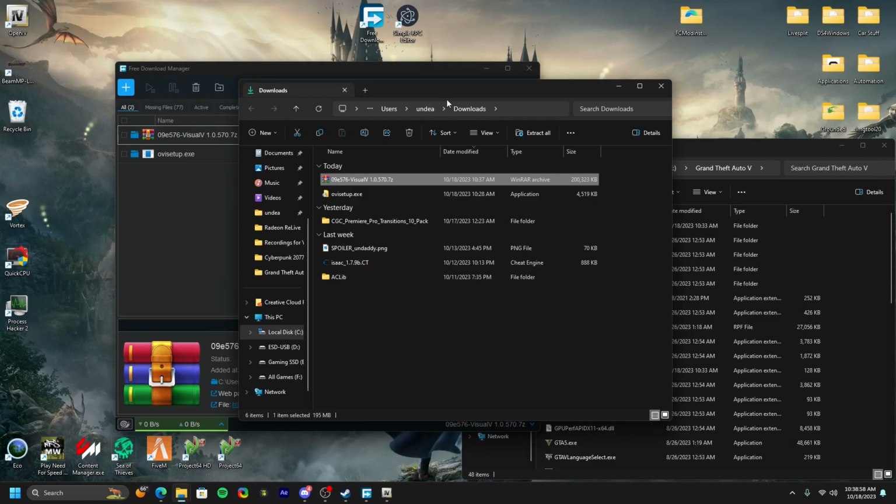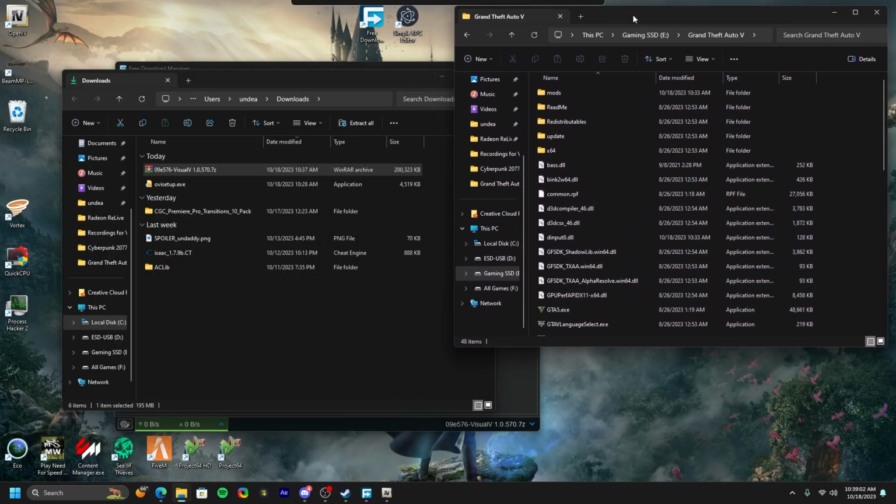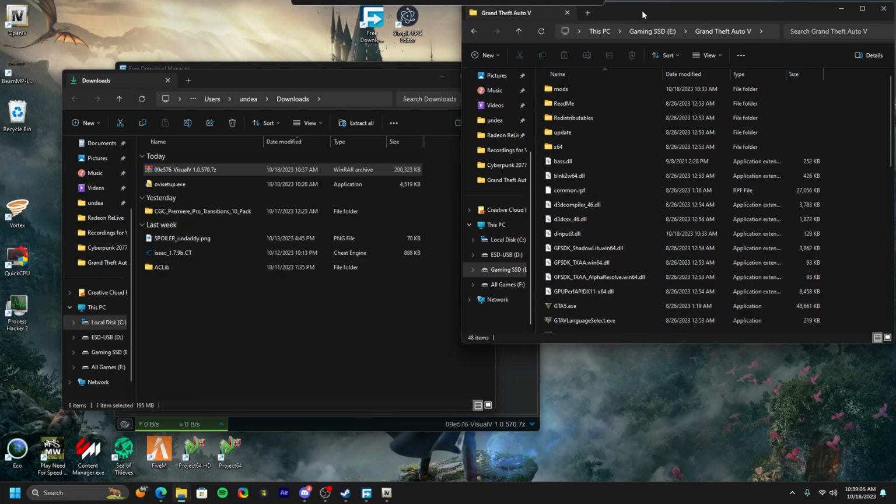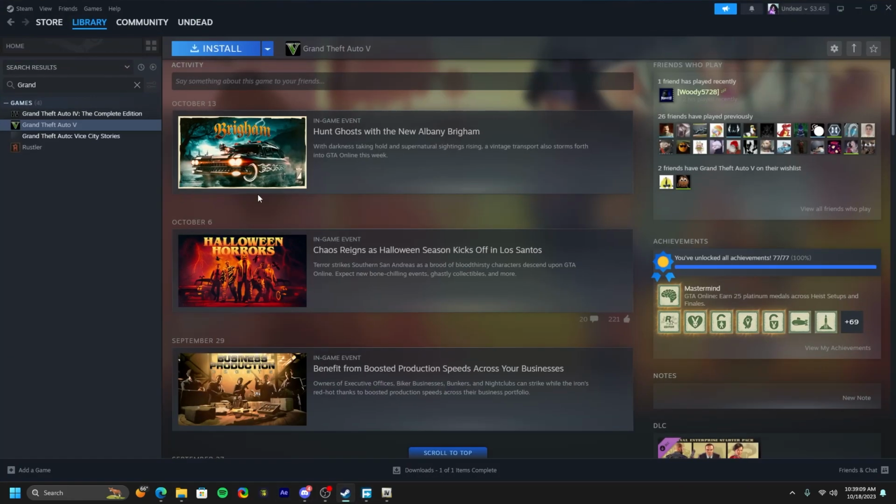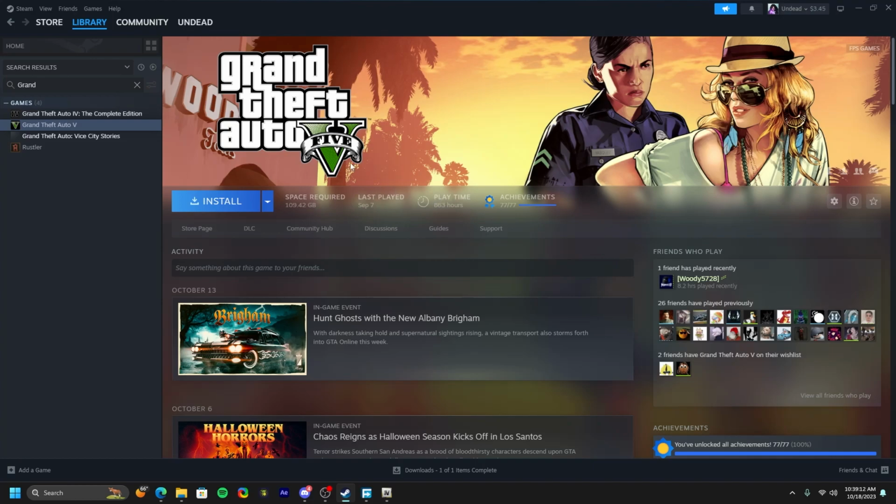So coming back to VisualV, I do want to make it abundantly clear that having a backup of GTA, or even in my case, having two separate copies of the game can help tremendously, especially if you play GTA Online and you don't want to keep taking out the mods just to play online. You can install a separate version. This requires a lot of storage, so only really do this if you have a lot of storage. Same thing with backing up. Backing up the game is still essential, but I understand a lot of people might not have 200